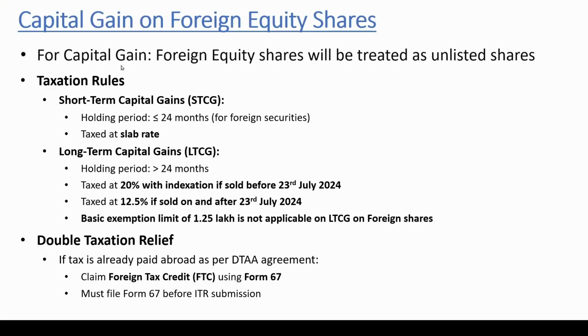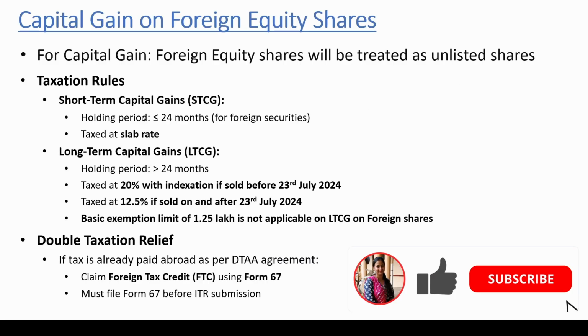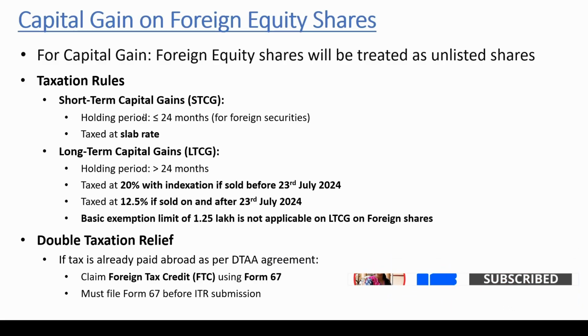First we understand how to classify capital gain on foreign equity shares and what the tax rate on that is. Capital gain on foreign equity shares will be treated as unlisted shares. That means if we hold for less than 24 months, it will be considered short-term capital gain and it will be taxed at the slab rate. And if we hold for more than 24 months, it will be considered long-term capital gain